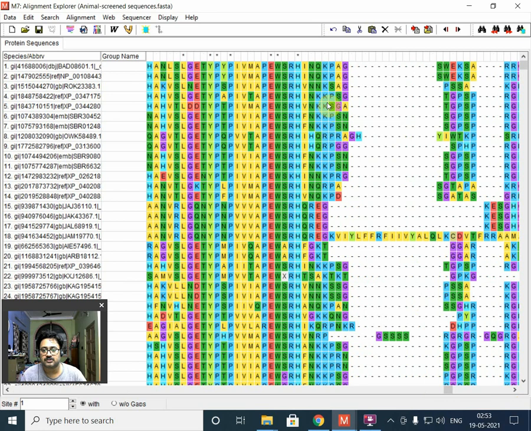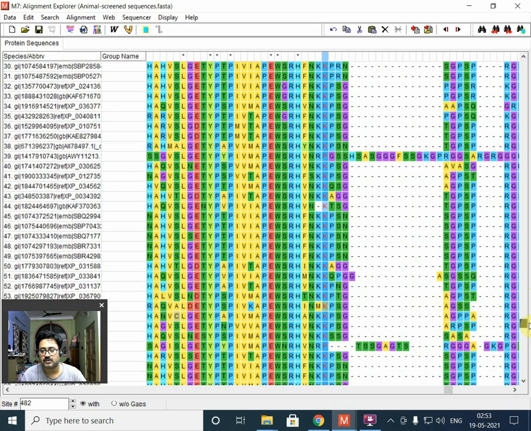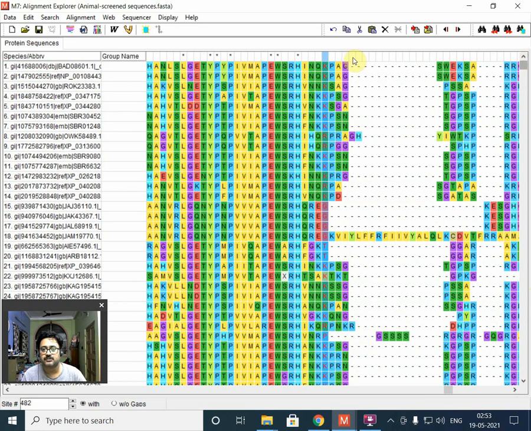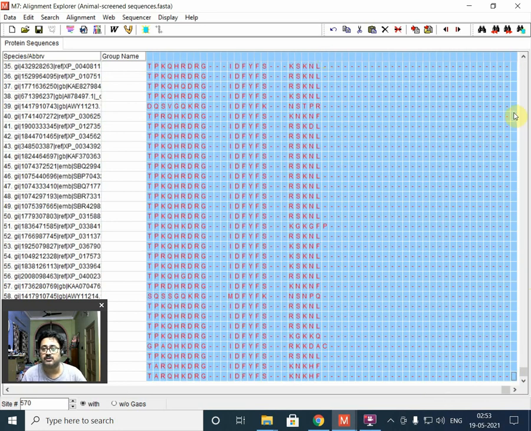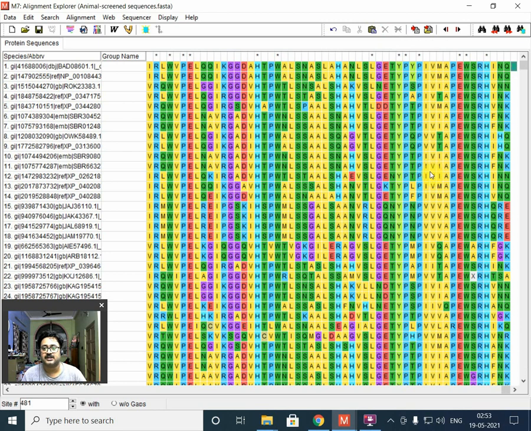This is the last sequence, probably. From this sequence, if we press Shift and then End, it will go to the end. Now we can delete the selected block. That will trim the size of the data to exactly 481, which we got yesterday in the previous multiple sequence alignment using MUSCLE.